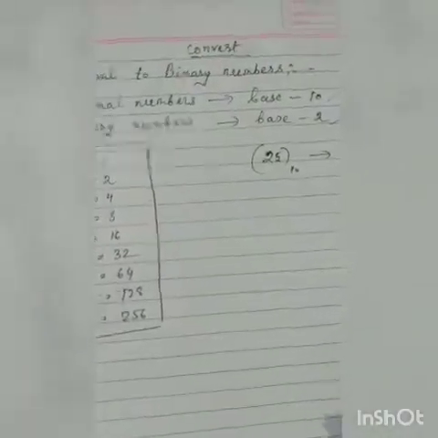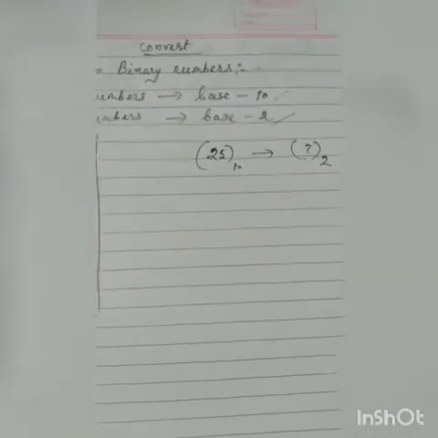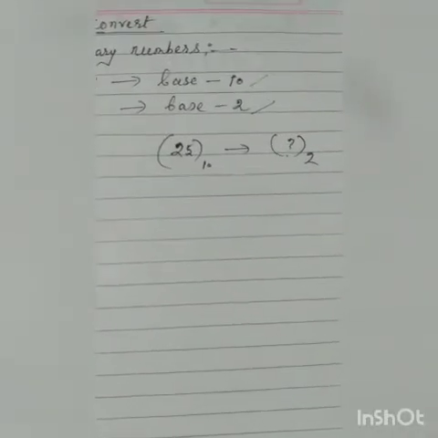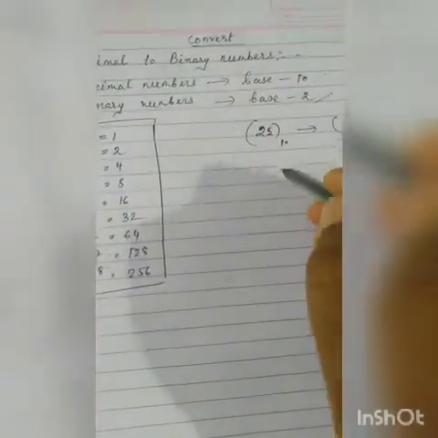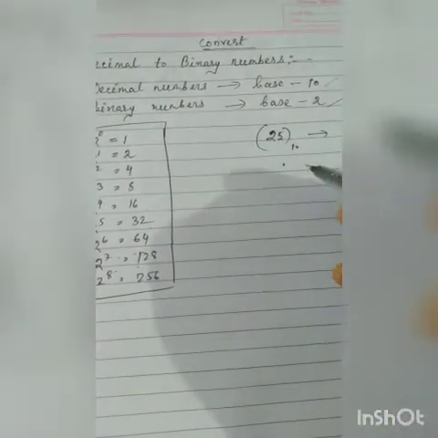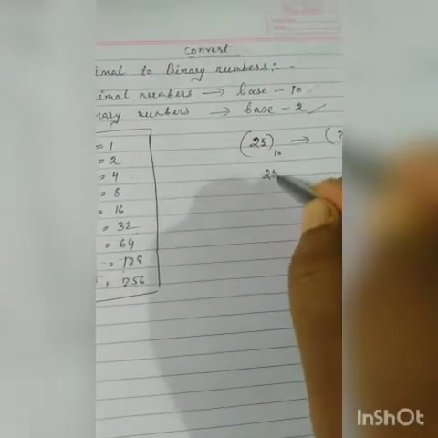So we are starting the maths. This is the computer maths. How to convert a decimal number, whose base is 10, to a binary number. We have to convert now. How to convert? There is a very easy process. You just have to divide repeatedly by 2. How to do it? Just follow the process.